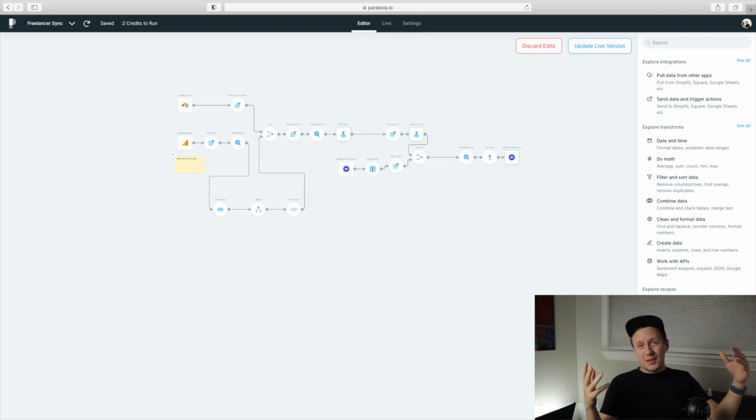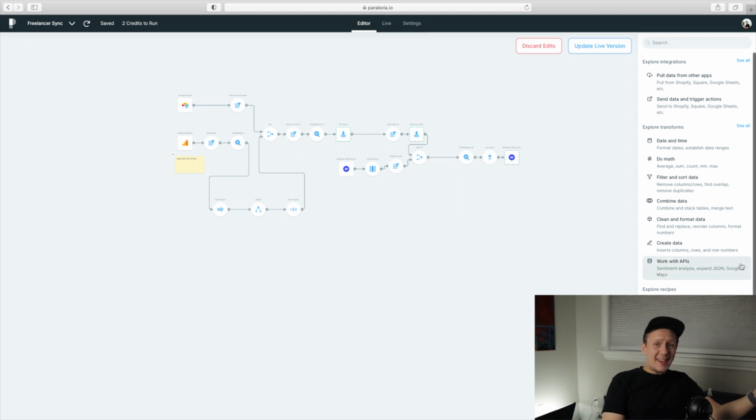Or the second option was to create a separate Airtable view where you would just manually move the records you wanted to update into that view, and then use Zapier to basically zap things back and forth. The problem with that is that it would chew into my Zapier credits way too much. And because Zapier is, relatively speaking, a more expensive tool, I didn't want to use up all my zaps on there. But luckily, Parabola comes along, and what they do really well is keep all of your platforms in